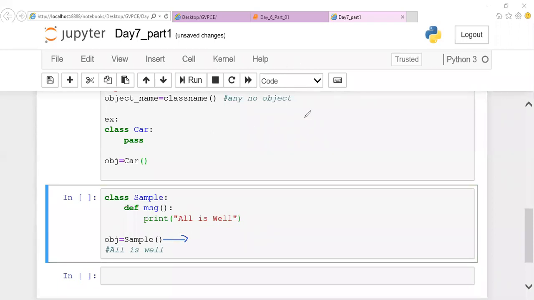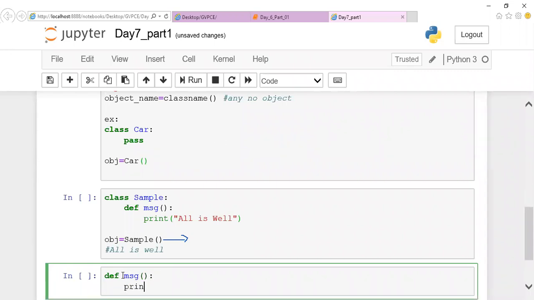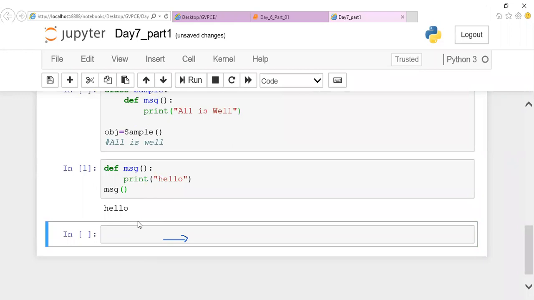Normally we know that if you are writing some function, def message, if you want this message to be printed, you should call this message, isn't it? If at all you are not calling it, this message will never be printed.